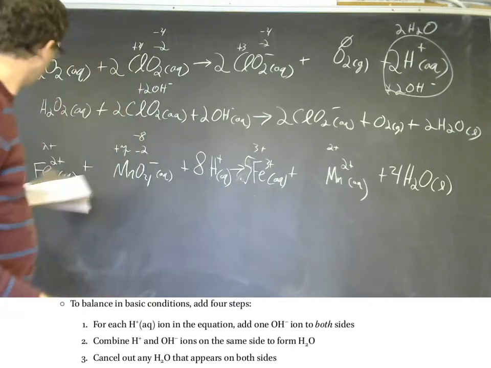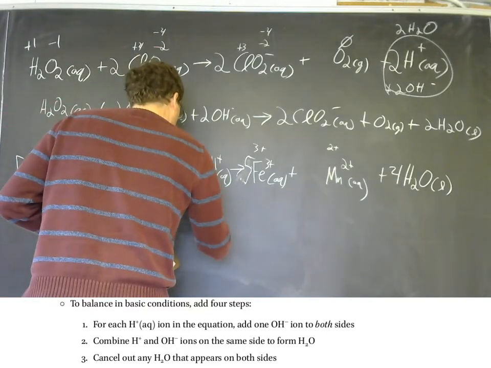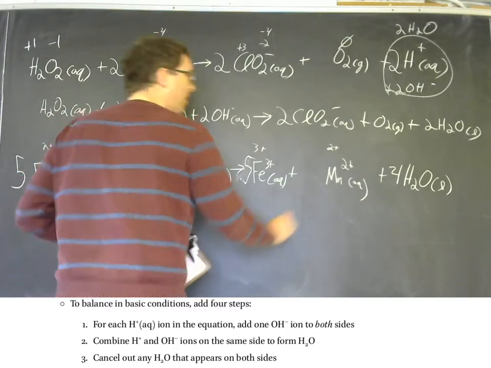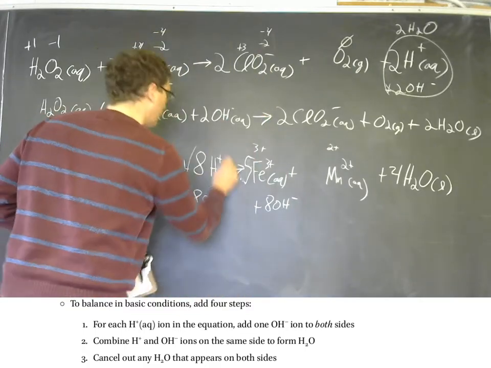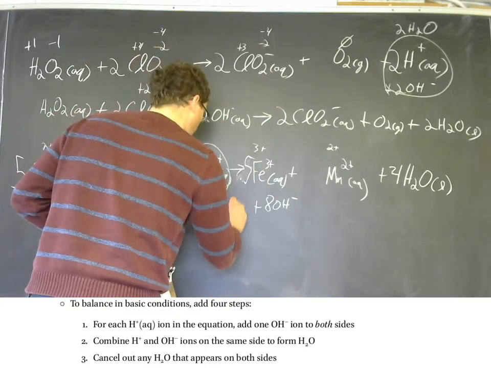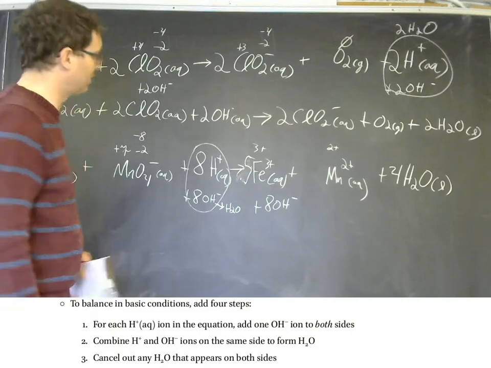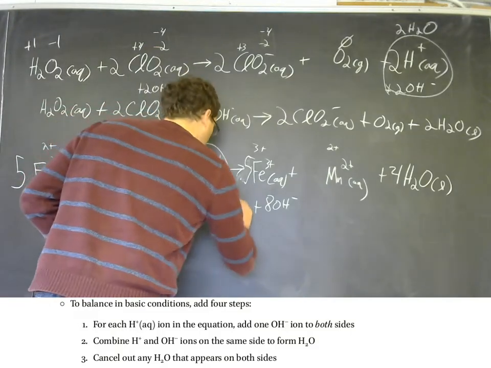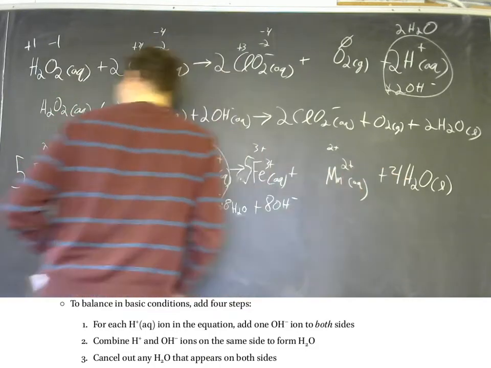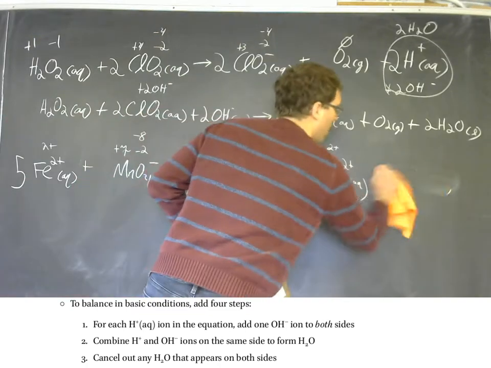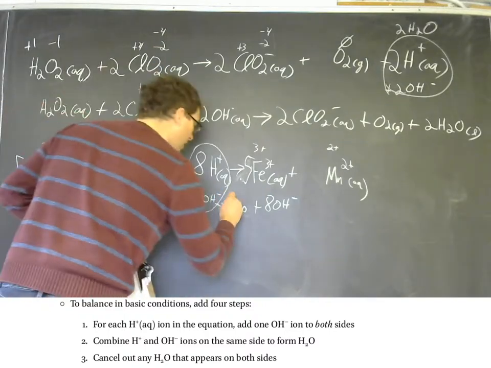And now let's balance the next one in base. We'll do the same procedure. We'll add 8 OH minuses to both sides. We will combine these together to form water. So we have 8 waters. And then we're going to cancel out waters that appear on both sides. And so we have 8 waters right here and 4 waters right there. What we can do is eliminate the waters on the product side altogether and cancel out 4 of the waters